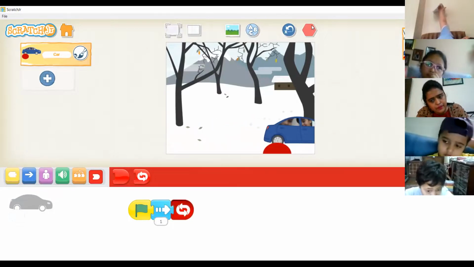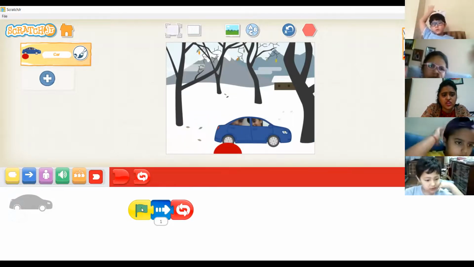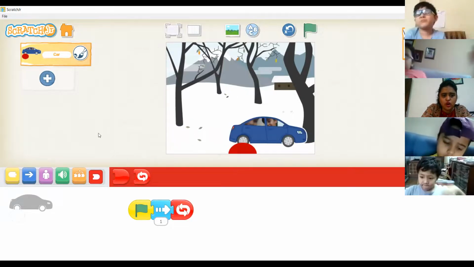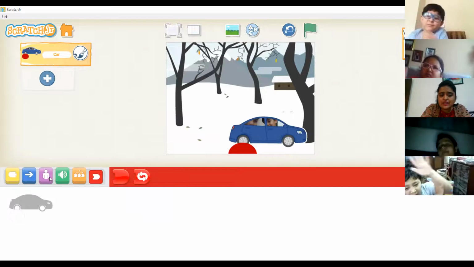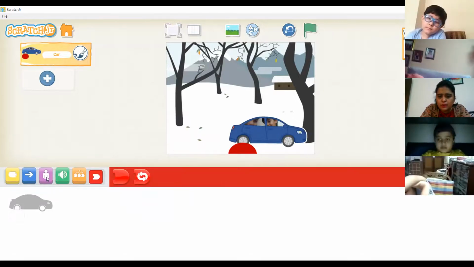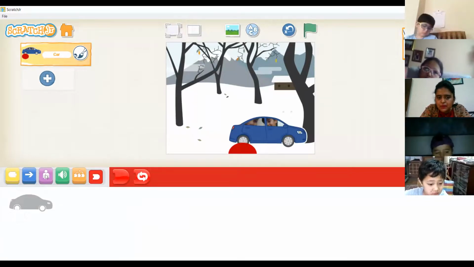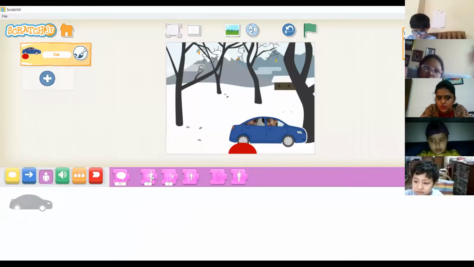Understood, everyone? Yes. Now, if you want the car to shrink, okay, I want to stop it. I will just click on this red button, which is on the top. Now I want the car to shrink. What will I do? I'll just delete it. To shrink this car, can you see this purple color coding button? You can see all these coding buttons at the start. There is a yellow color button, then there is a blue color button, purple color button, green color button. So I'll click on this purple color button and I can shrink it from here too. Okay, this is for growing the car and this is for shrinking the car.